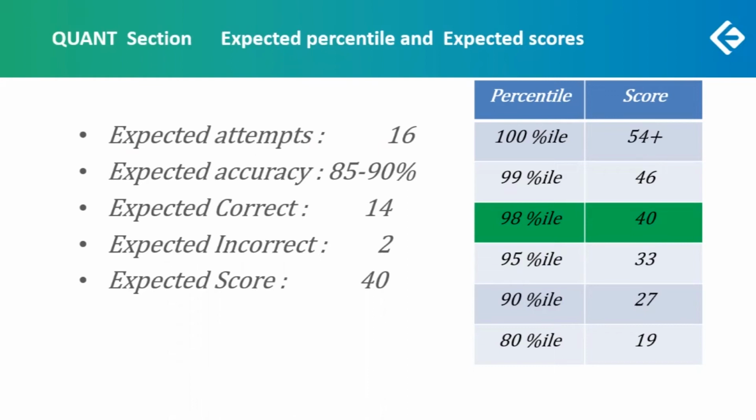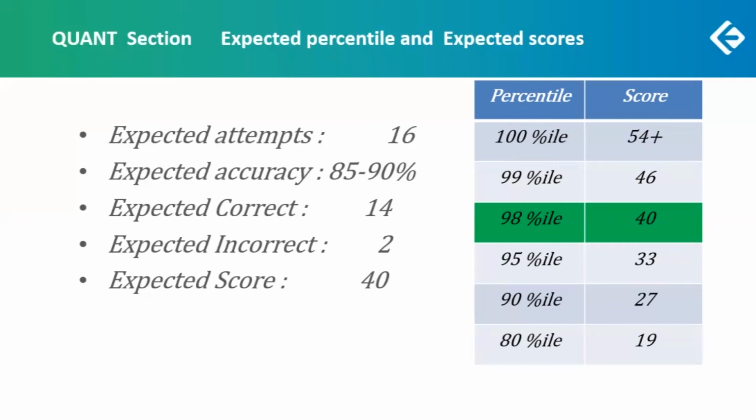90 percentile can be achieved with 27 marks, which means net 9 correct. So maybe something like just 12 attempts with 1 wrong. See, when there are 12 attempts only, I would expect a little higher accuracy. If you are making errors, you should increase your attempts by 1 or 2. But if you have studied well, if you are not making errors, then 12 attempts with 1 wrong would fetch